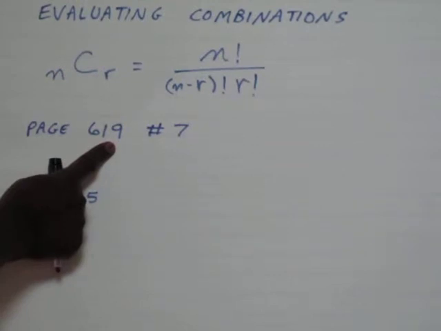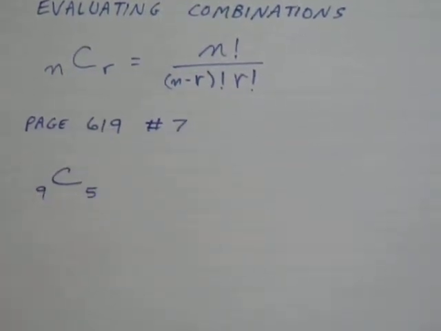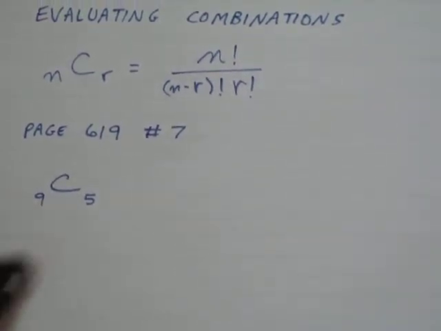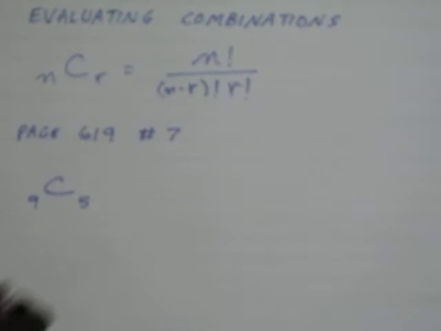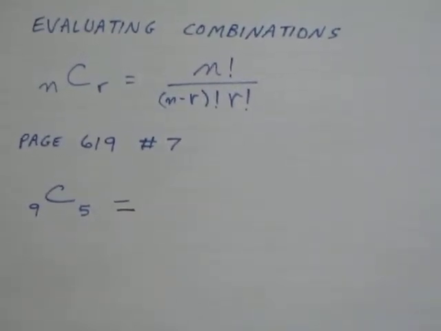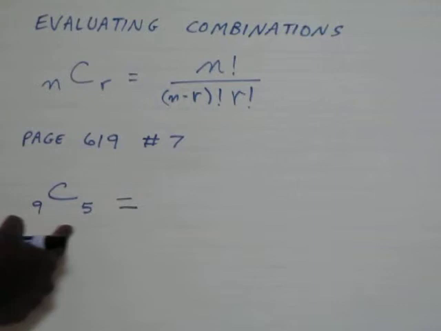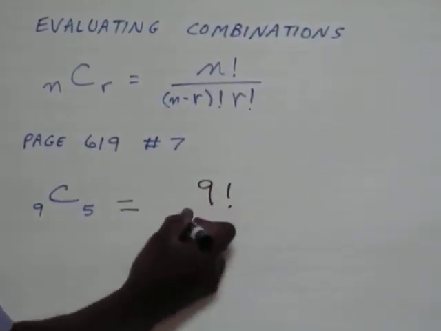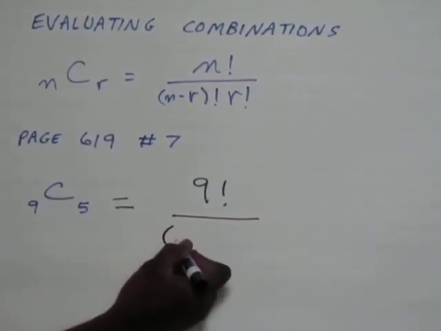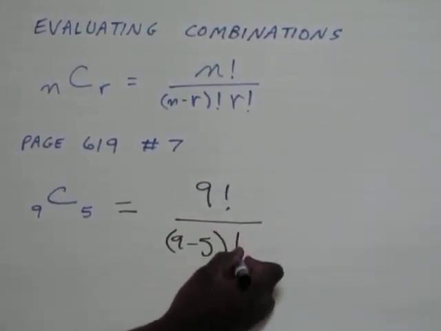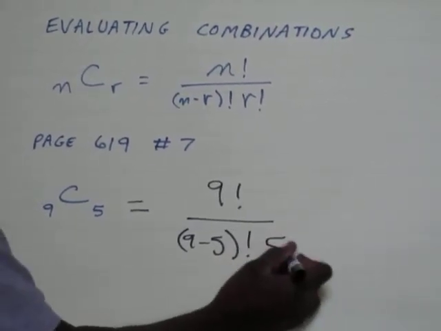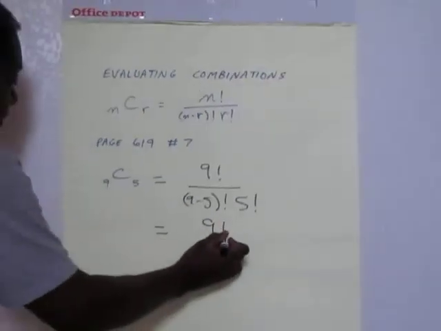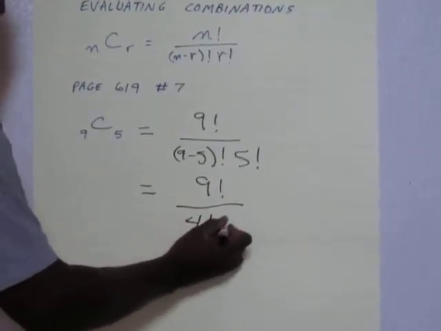We're going to look at problem number 7 on page 619, which is combinations of 9 things taken 5 at a time. According to our formula then, 9 is n, 5 is r. This will be 9 factorial over 9 minus 5 factorial times 5 factorial, or 9 factorial over 4 factorial times